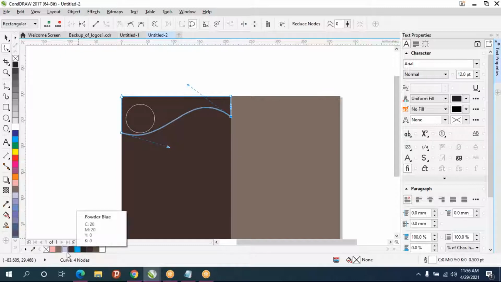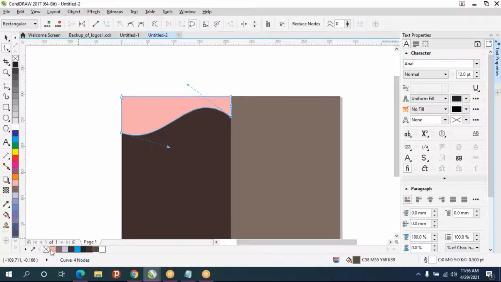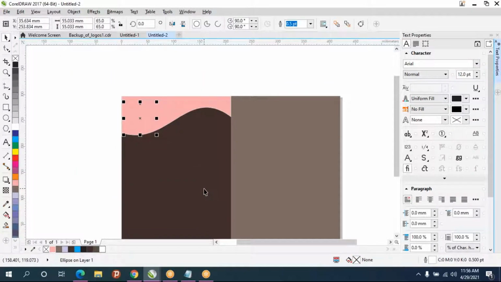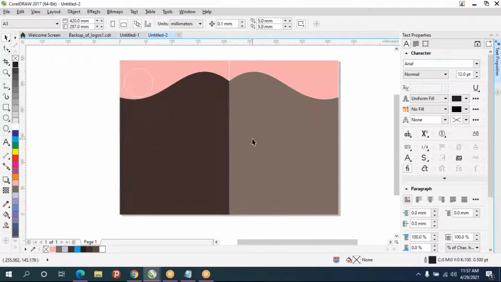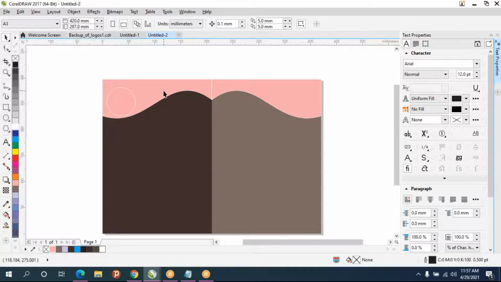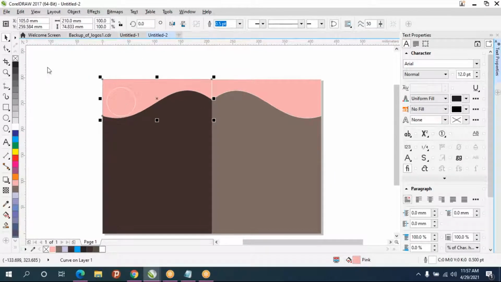I'll give some other color to that. And this one I'll duplicate Ctrl D and do mirror. So select this node point and place it over here. And if you don't want outline, you can remove this also.